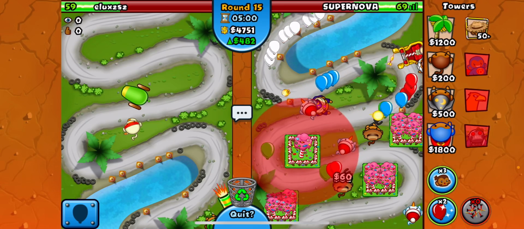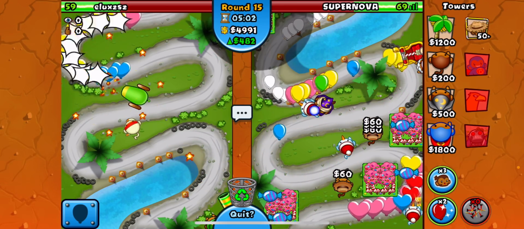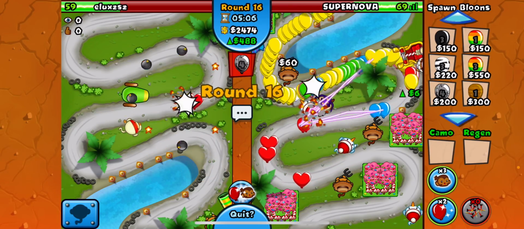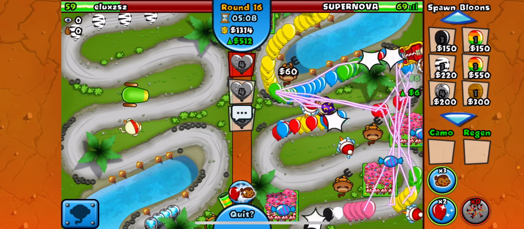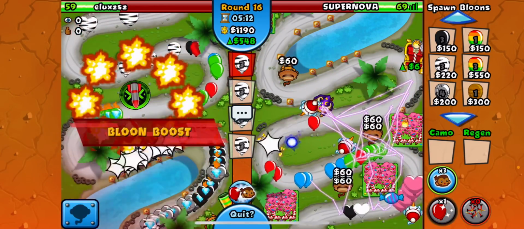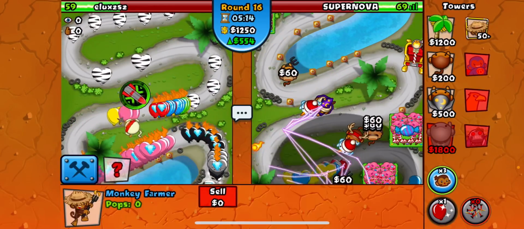He has mortar and ninja, so he's probably going to be fine against Reros, but I'm going to send a few in after I rush kind of heavily. Just like this. Send some leads, and then some Reros over the top, and then balloon boosts for some zebras. And this should force a boost,